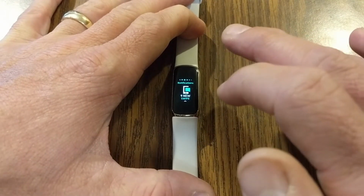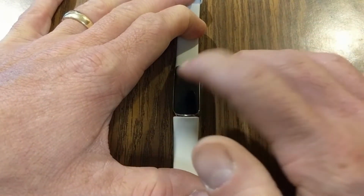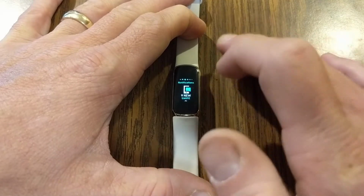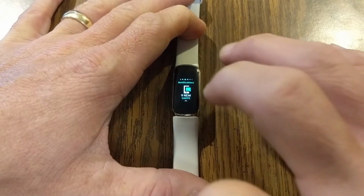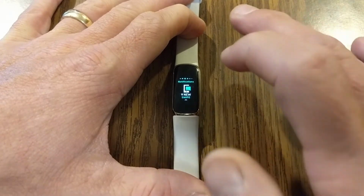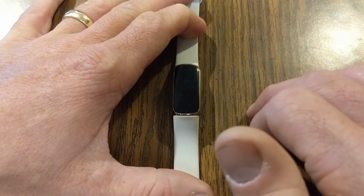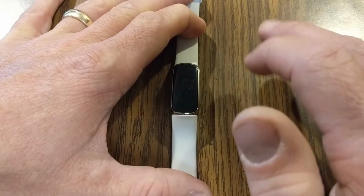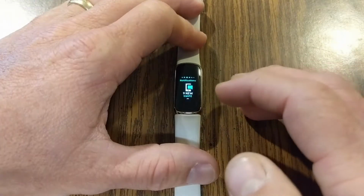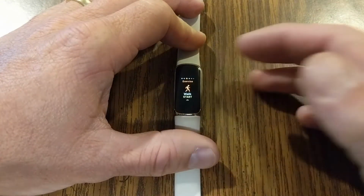Now, if you're pairing this device with an Apple phone, Apple unfortunately does not give you the option where you can reply to those text messages. They kind of block that option. But if you're using an Android device with your Fitbit Luxe, you should be able to respond to those text messages with no problem. So as we keep moving through the menus, you'll see that we come to the exercise,